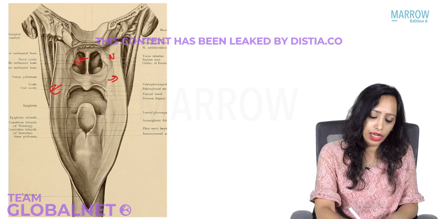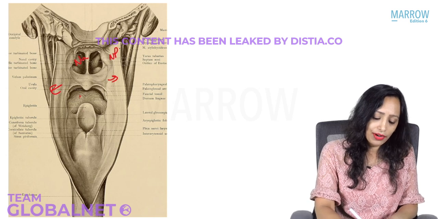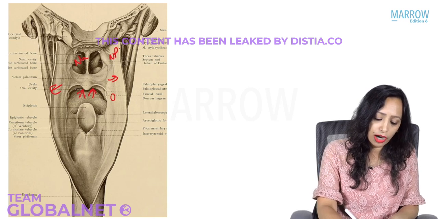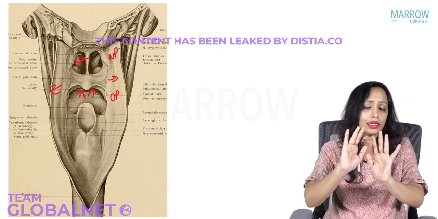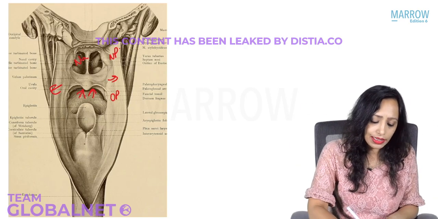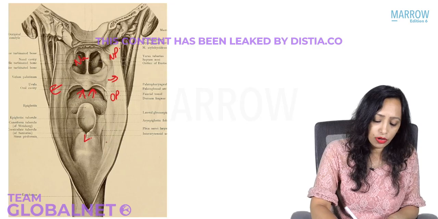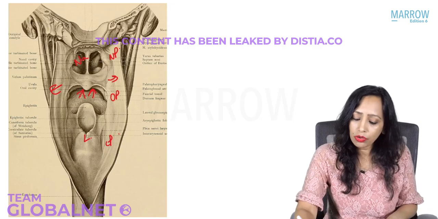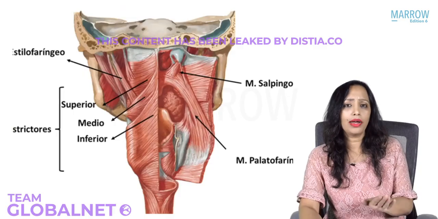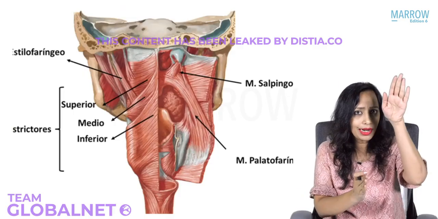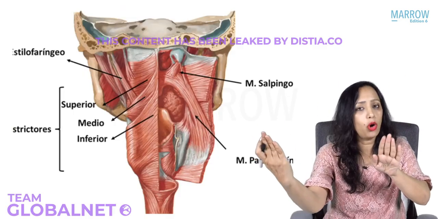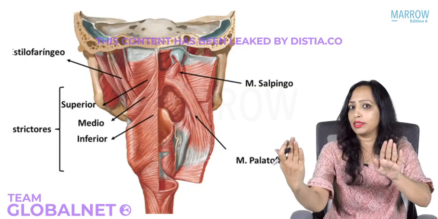So this was the part of the nasopharynx. This here is the oral cavity anteriorly that you can see. So this is the part of the oropharynx, this tube which has been opened now, and this is the larynx. So this part is the laryngopharynx, right? So now to see the muscles, I have cut the pharynx and kept one side closed, and the other one I have opened and deflected, so that now you can see the muscles.